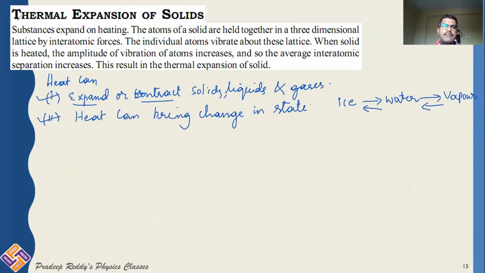So we will be starting with thermal expansion of a solid. What does thermal expansion of a solid mean? The name itself tells you: thermal means heat energy, expansion of the solids. When you are providing heat energy to a solid, definitely it undergoes expansion. Why is it happening? Why is a material expanded when you are providing heat energy?